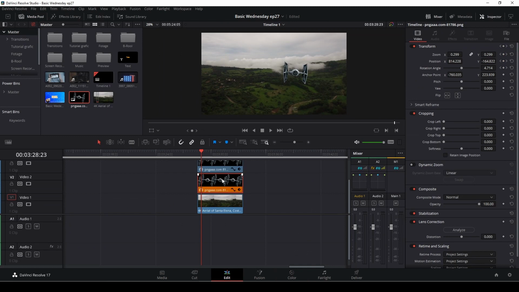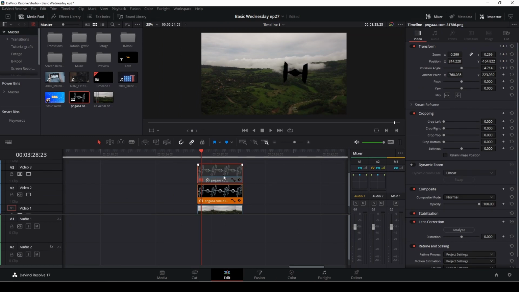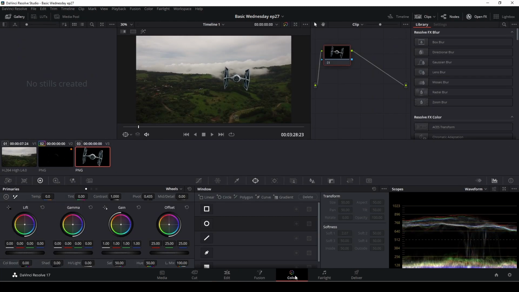I have to turn off the top layer, and I do that by selecting it and pushing D. So now you see we have this black TIE fighter, and I'm just going to push D again to select the other one. And then I'll go back to the Color tab. I'll go to the second TIE fighter. And I want to try to match this a little bit better, because it does look a little off,